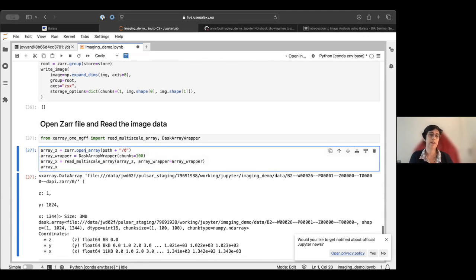And I can open this Zarr file, and I can specify the size of the chunks, and I use this Dask array wrapper, which is also part of this package, and it will enable me to parallelize the computation later on.